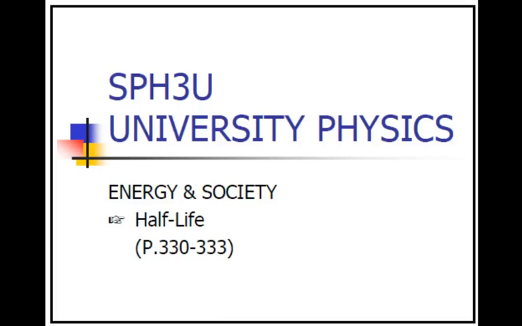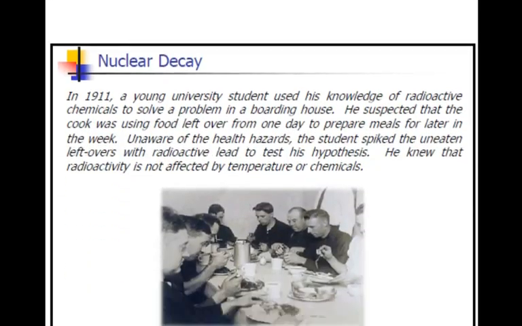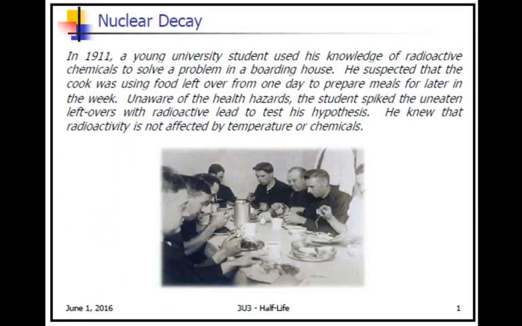I mentioned half-life earlier, but I think we'll go through it a bit more in depth in this lecture, just so you know. The general idea behind half-life is that nuclear decay occurs over a period of time, and it is spontaneous. We don't know exactly how long it'll take a material to decay. It could decay very quickly. It could decay very slowly, but we know an average amount of how the material decays, and using that average, we can determine its half-life. How long will it take for half of the material to remain?